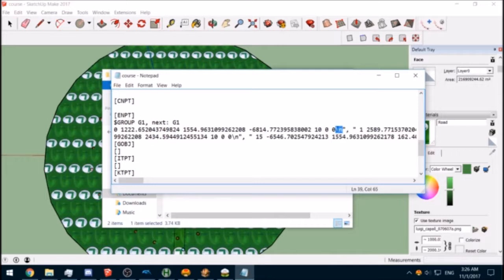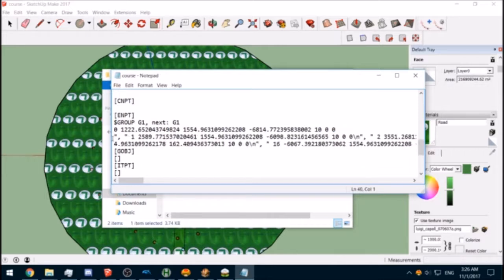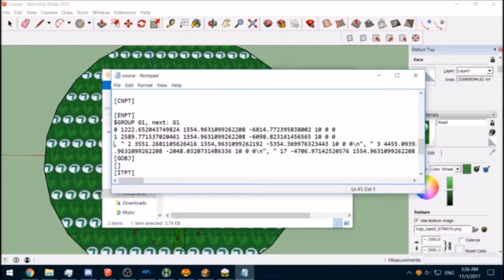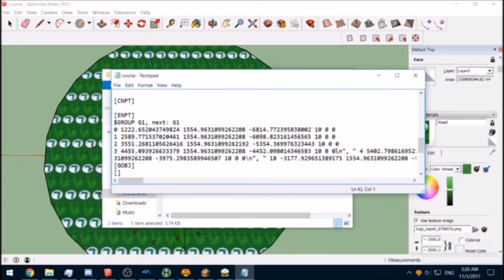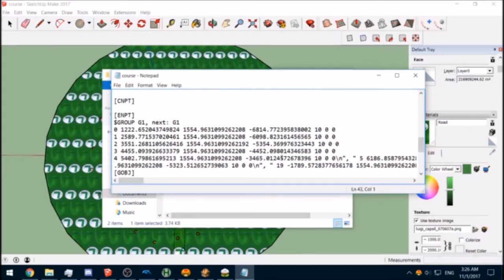Anywhere it says /n, you want to make a new line. So it should be 0, 1. Here we go. Fun stuff. I'm glad I don't have to do this stuff.